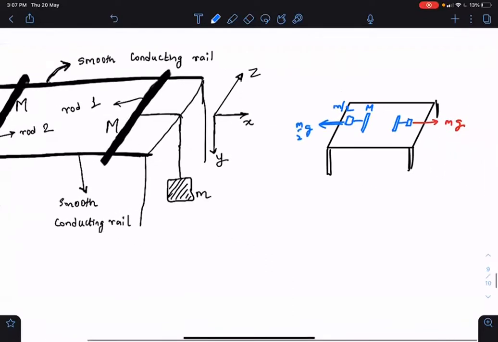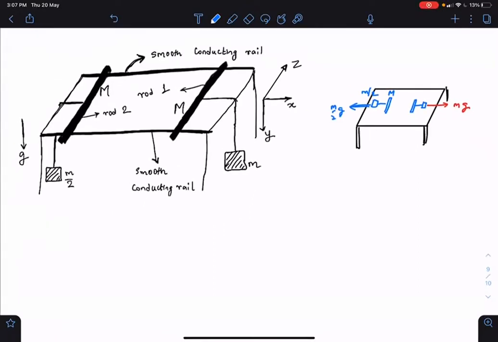Sir? So we are assuming that small m is not at all moving then, sir. We are assuming that everything is moving. So if small m is moving, then how can tension be equal to mg, sir? When did I say tension equal to mg? So we are taking a small mg force on the right side, no, sir. This mg, the downward mg. Small m is having some acceleration, so the tension will not be equal to mg, no, sir. Again, I'm saying that I'm not taking tension to be equal to mg. This is a gravitational force. Like on the right side figure, you have put mg on the right side, sir.